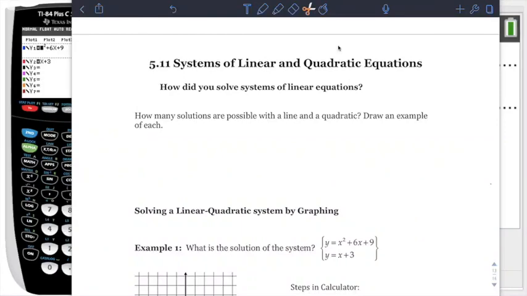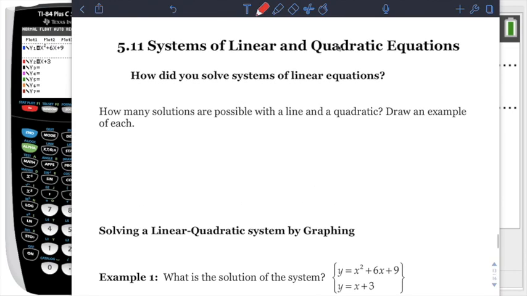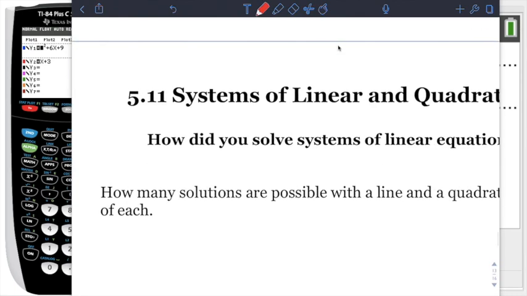All right, here we go. We got systems of linear and quadratic equations. So the first thing it says there is, how do you solve systems of linear equations? When we did this with substitution,